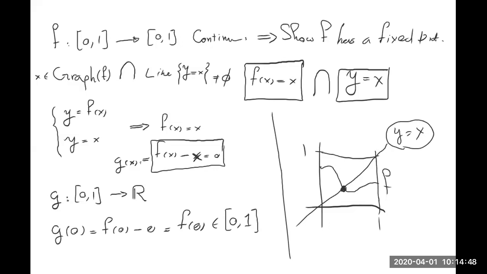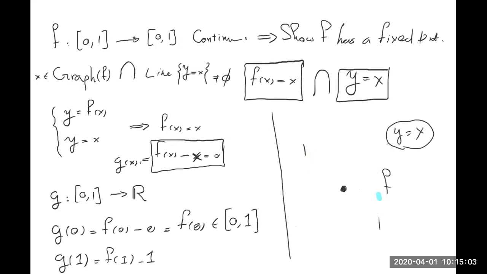What is g of 1? G of 1 is f of 1 minus 1. Now, this is quite interesting because f of 0